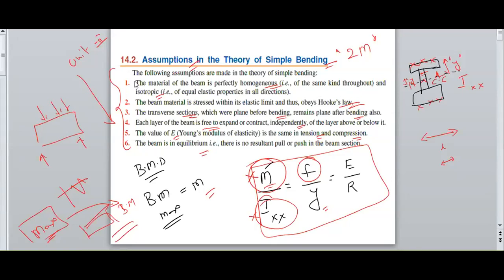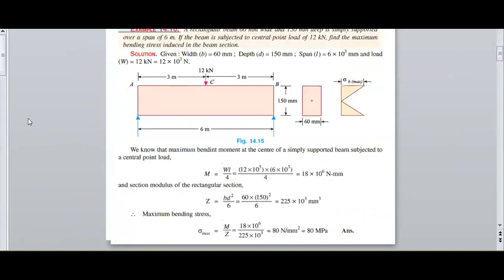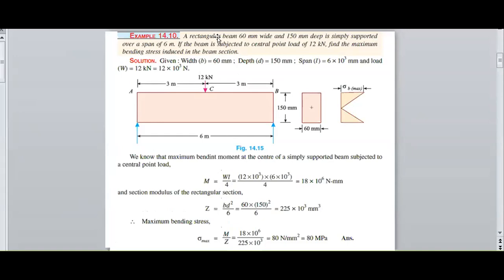Total 6 assumptions we are assuming while deriving the bending stress equation. So this is the bending stress equation. So we need to do the problems. So the first problem is a rectangular cross section of a beam. So this is the cross section